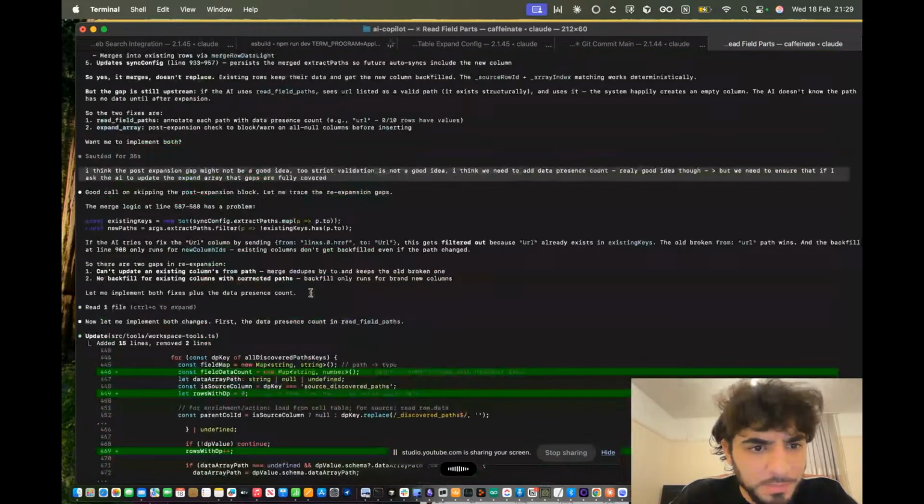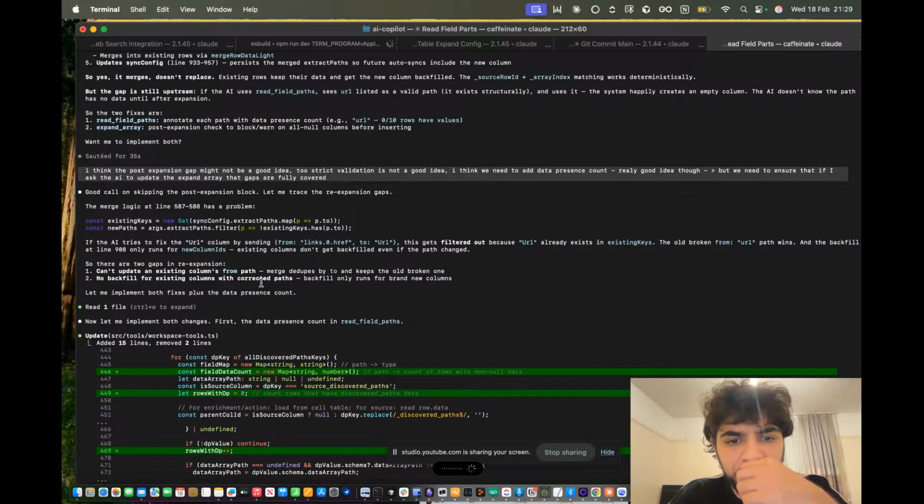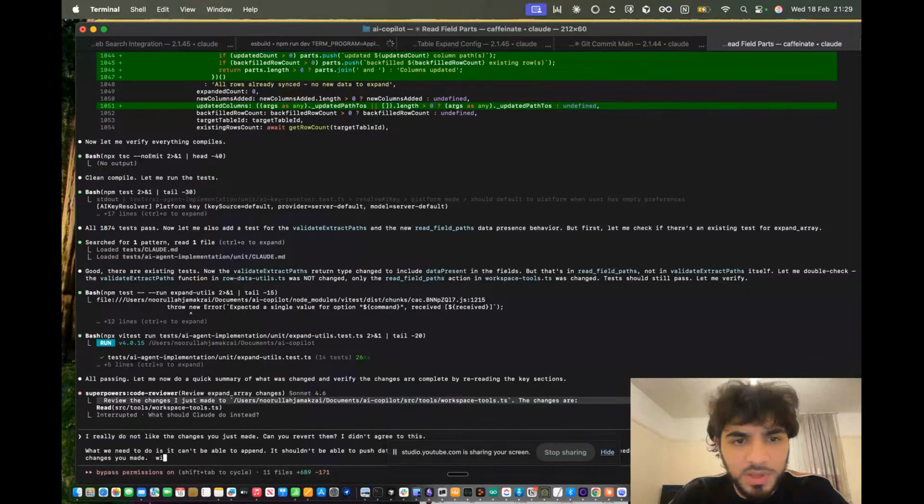What we need to do is, it shouldn't be able to append, it shouldn't be able to push data into an existing column. It shouldn't be able to do that. It has to create a new one. There needs to be a validation that blocks it from doing that. So revert the changes you made with being able to